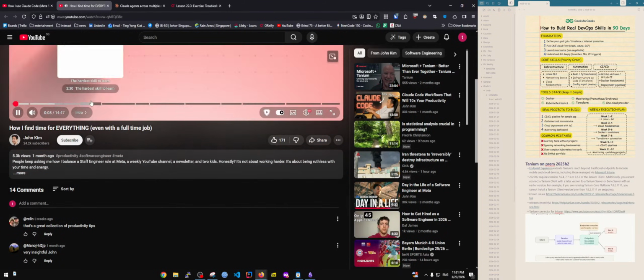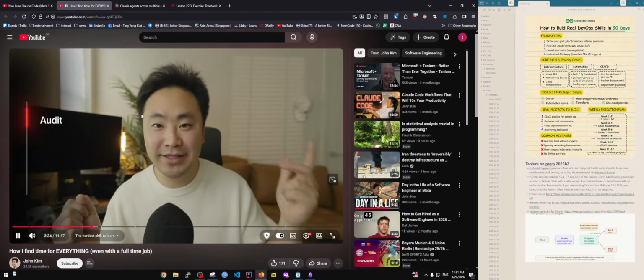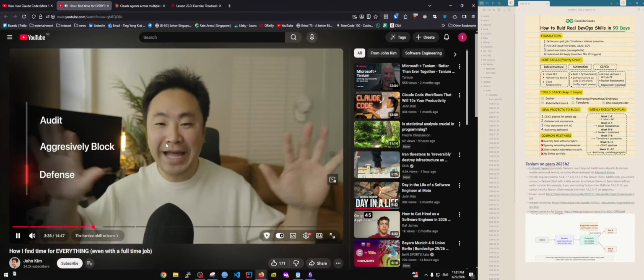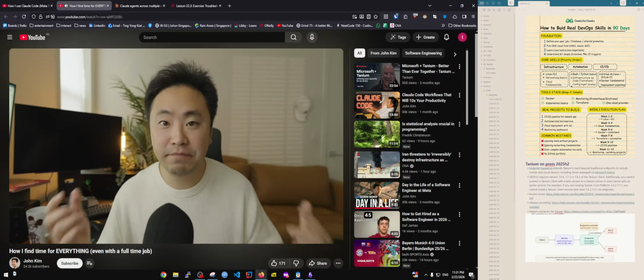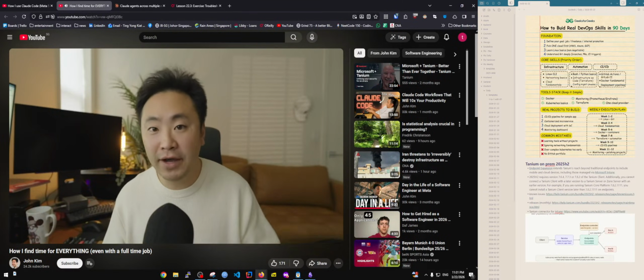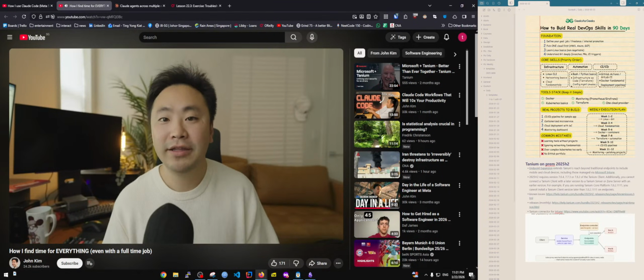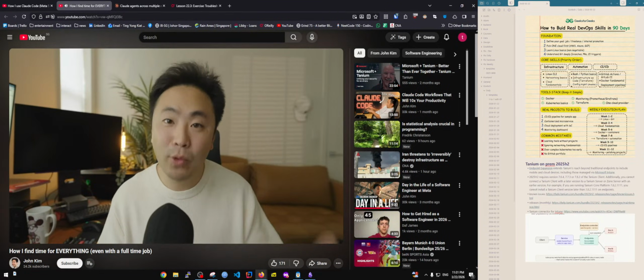All right, so today, calendar, essentially. So the first thing is audit, the second thing is aggressively block, and then the last thing is defense. So that should free up a bunch of time, and that's kind of the foundation of being productive. You need to find the time. If you say, I don't have time for this or anything like that, then you've already lost. You need to find the time or make the time for the things that you think are important for